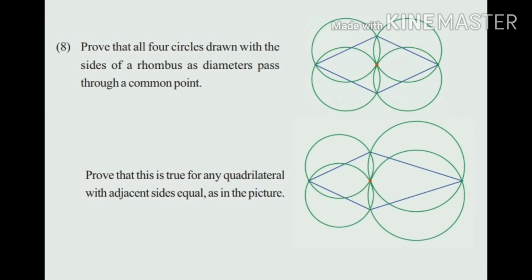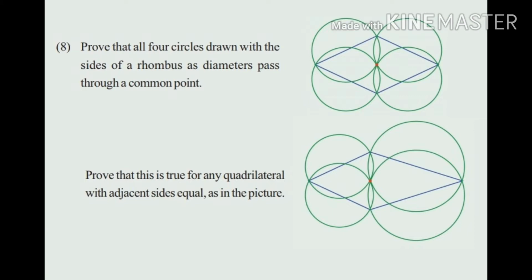After that, if you are taking 5 centimeters as a side, find the midpoint of each side. Mark the midpoint of all the four sides, take each midpoint as a center and take the whole side as the diameter. That means half of the side will be the radius. Using that, just draw circles on all the four sides. After that, just check whether all the four circles meet at a common point or not. This is the second method.